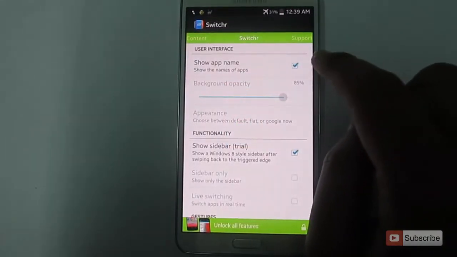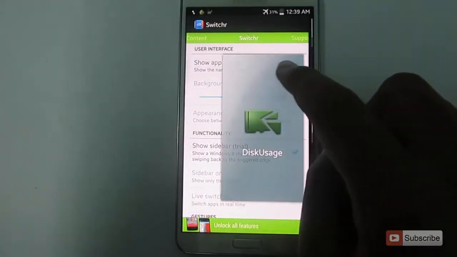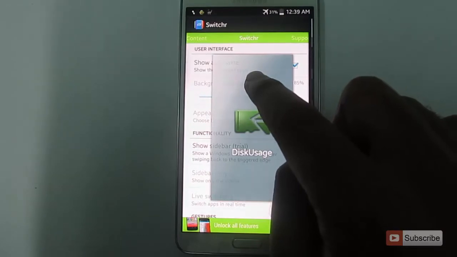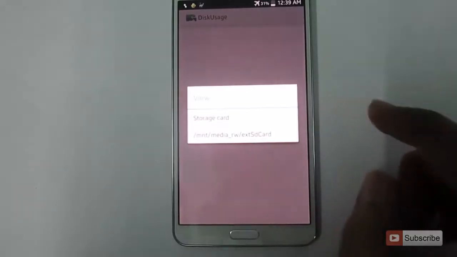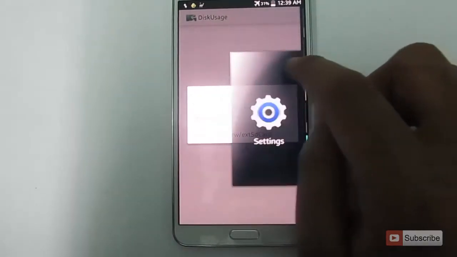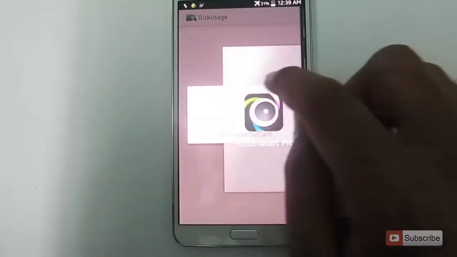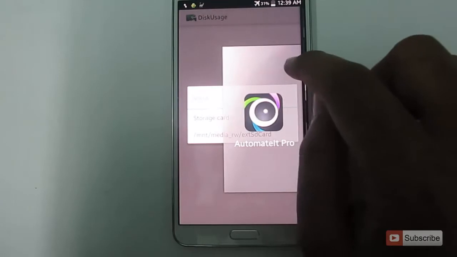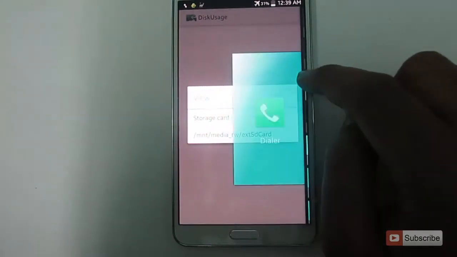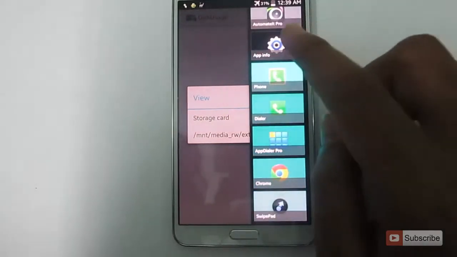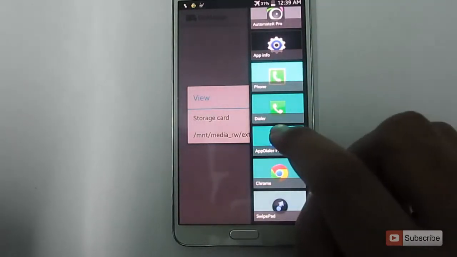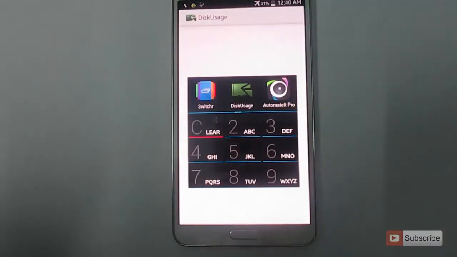Just slide from one of the edges. Now that the app is here, you can release your finger to open the app like this. To select any other app, just swipe left, then go back to the right and come back left, and do the same until you get to the required app. If you want to see the list of all apps, just go to the right and leave your finger. Now you'll get a Windows 8 style list of apps. Choose whatever app you want and the app will be opened.